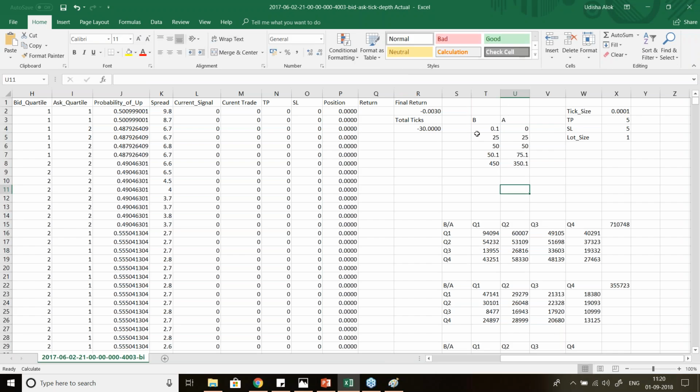Oh, so the Excel sheet is so huge that it has gotten stuck. I'm sorry, it's about 85 GB, I think 85 MB or something. I should have manually changed it. Okay, so we got point one, and for ask also, I think it is point one. Okay, is this cool,